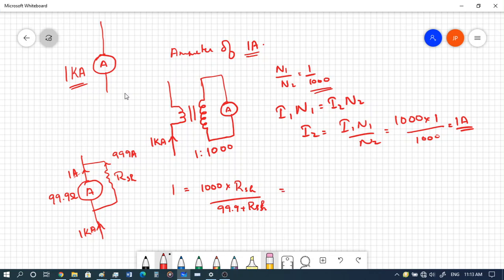So that would turn out as 99.9 plus RSH is equal to